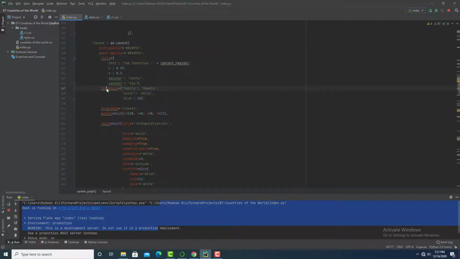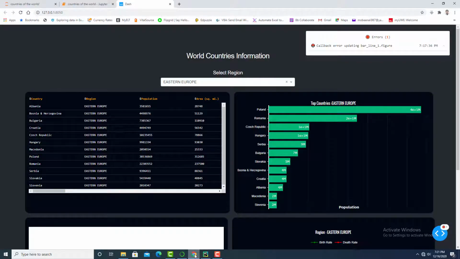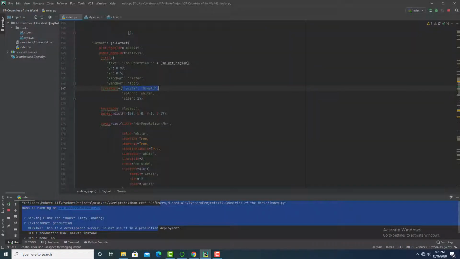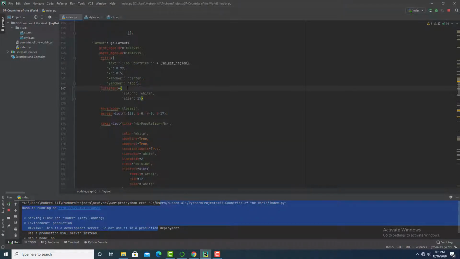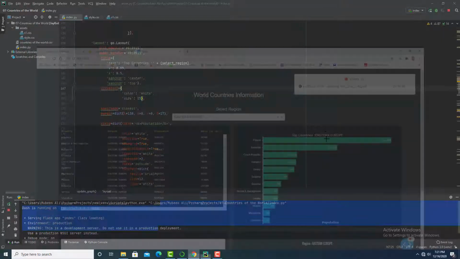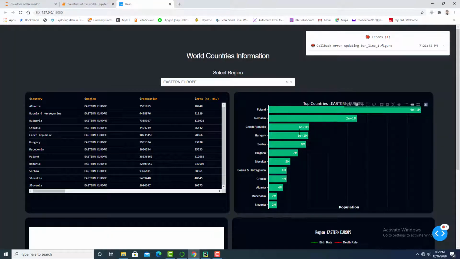I have used the title font parameter to change the color, size and family of this title. I removed the family property for the title. We can type here any family for this title. Then I have used this margin parameter to fix the size of the inner layer of this horizontal bar chart.